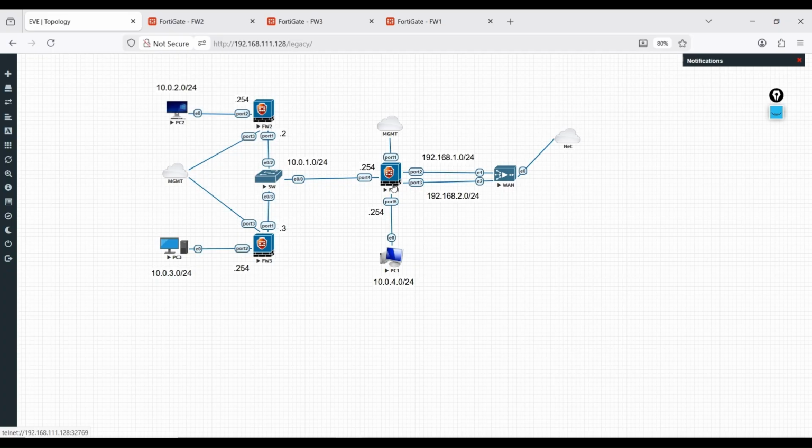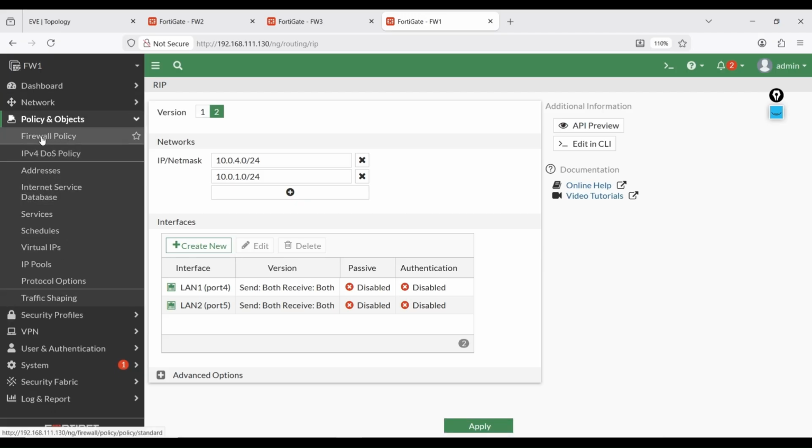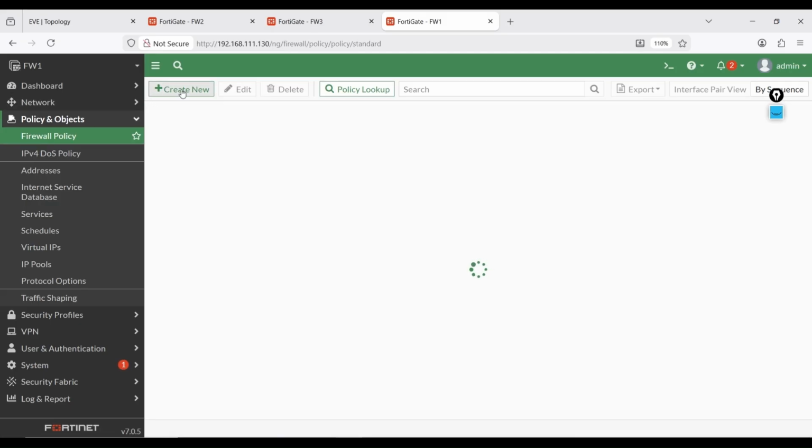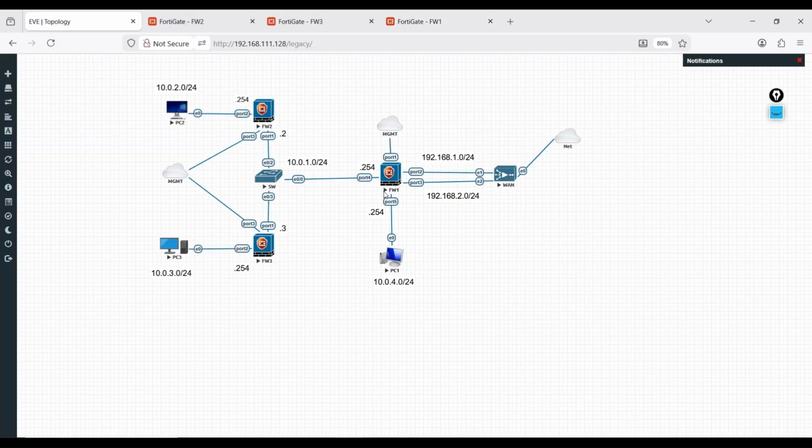First, let's go to firewall 1 and allow the traffic from port 4 to port 5, that is LAN 1 to LAN 2. Go to Firewall Policies and Objects here, and we have Firewall Policy. So create a firewall policy. One more thing I want to show you here: we have two ports.